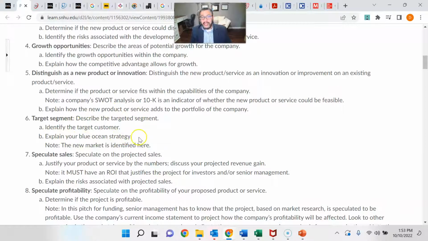Explain your blue ocean strategy. This is where innovation matters. Blue ocean strategy is really about blue ocean, right? So it's about innovation. So if your product is not innovative, you're going to have a hard time talking about this. It's about why are you different from everybody else? When you are competing, it's like, well, we do the same thing, but we have this on there. What we're saying is, how have you reimagined the problem from the very beginning? Okay. So talk about that here. If you're in a blue ocean, that means that you kind of have developed a new market. So really all innovation is about capturing a new market.